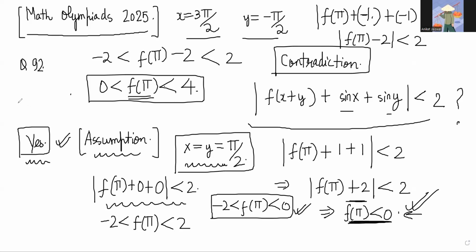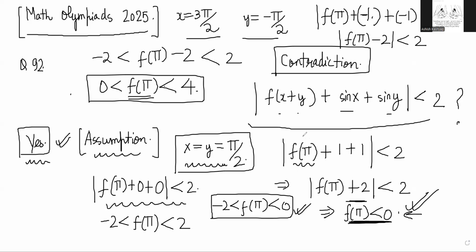We didn't think of this, sir. See, if you try some random values and if you keep trying different values, it's not going to help. If you get f of pi by 2, it doesn't help us, right? You have to focus on one particular value of the function and try to get as much information with different x and y. And then, like this question, this is one solution. Obviously, you could have tried some other value and also gotten some contradiction, right? This is one way to do it. It's not the only way.